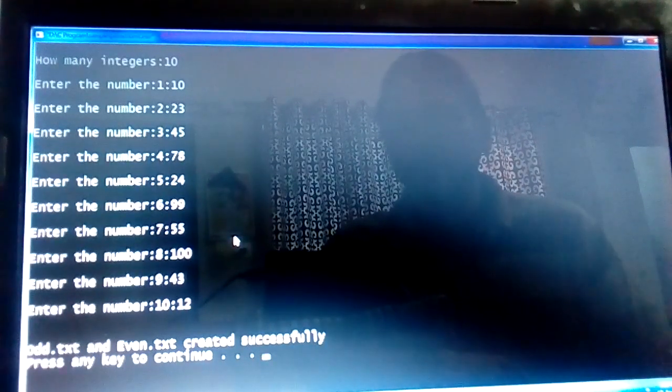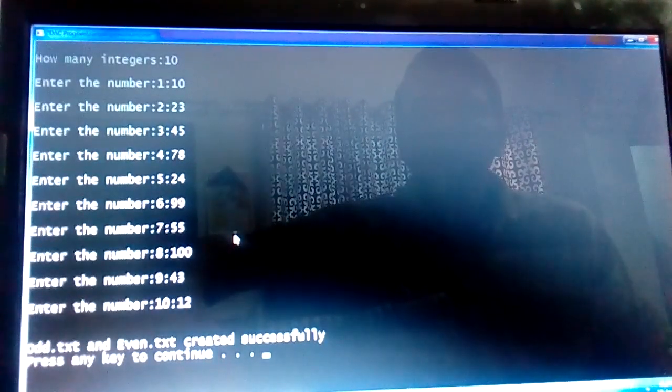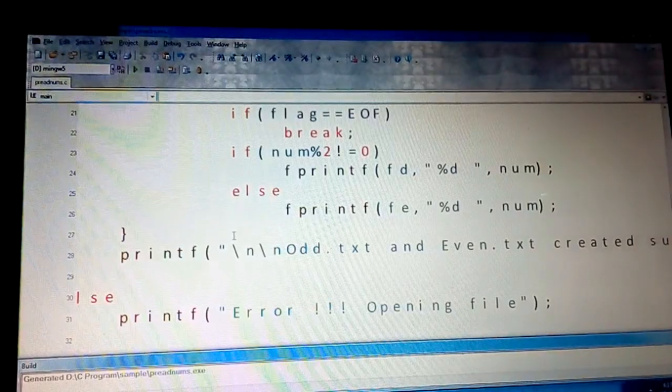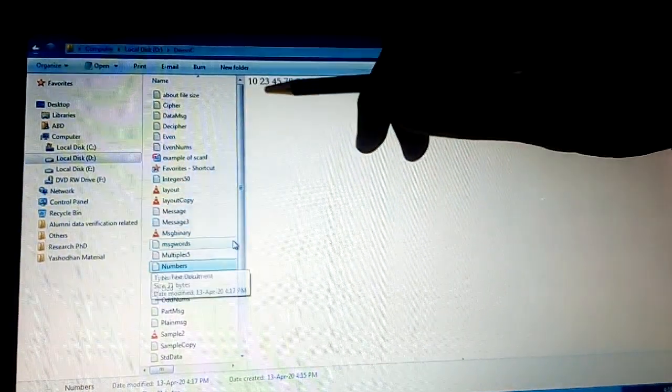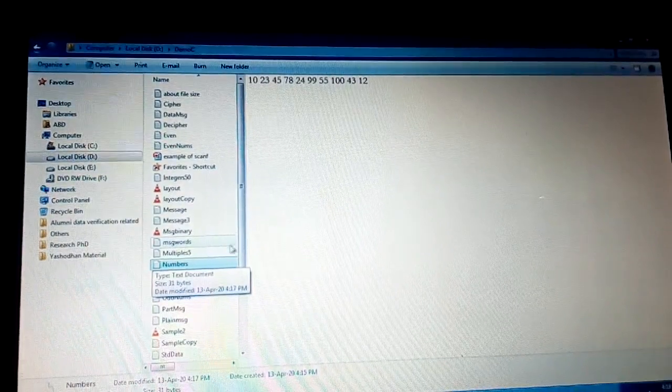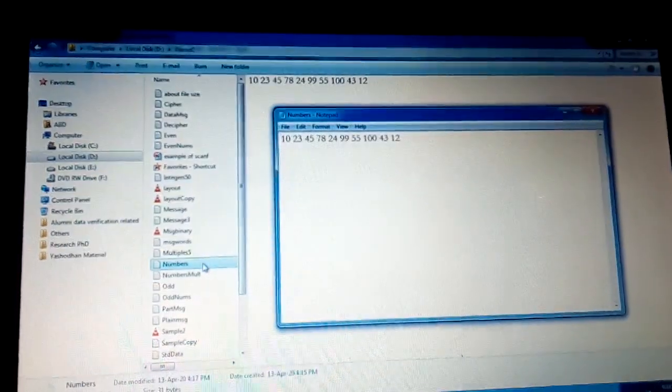So we can go and check in the drive right now. We will quickly go to the drive. Here you can see the numbers file first of all got created. Whatever numbers we had entered, all 10 numbers are there.